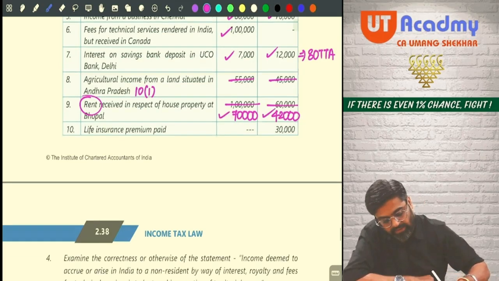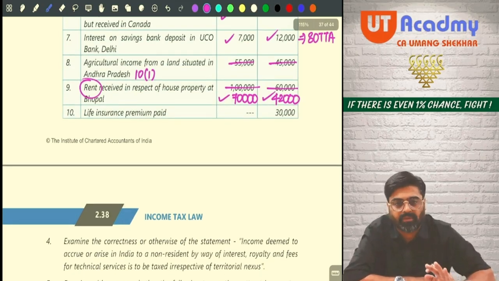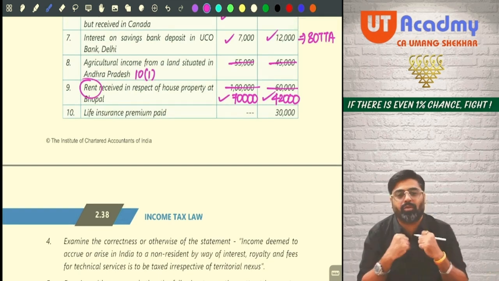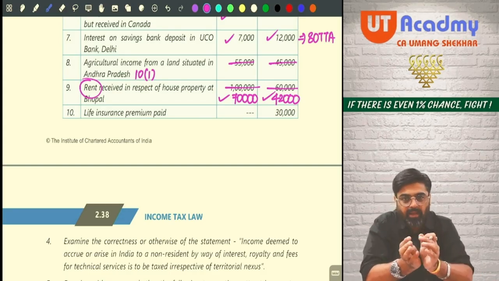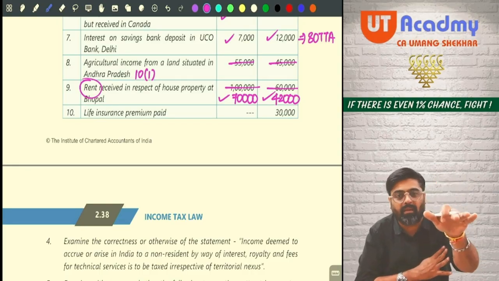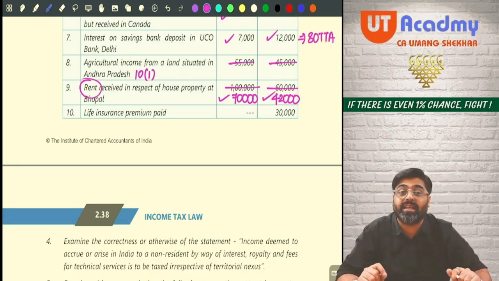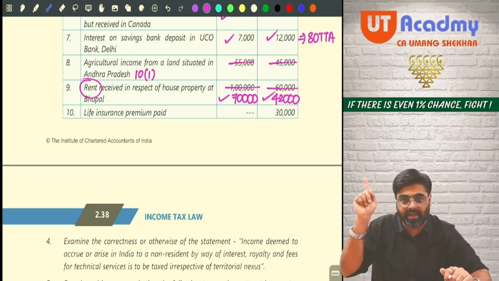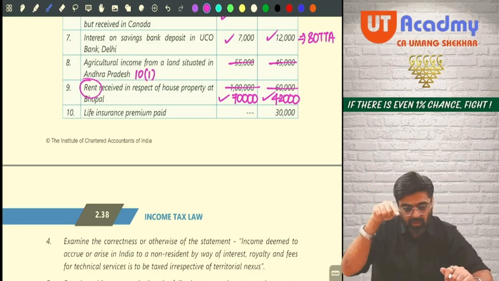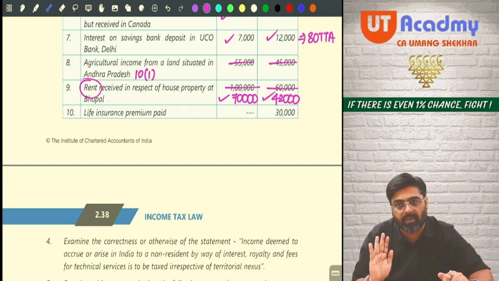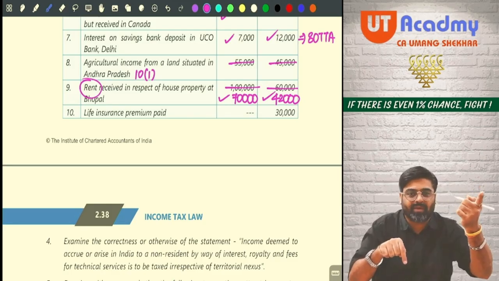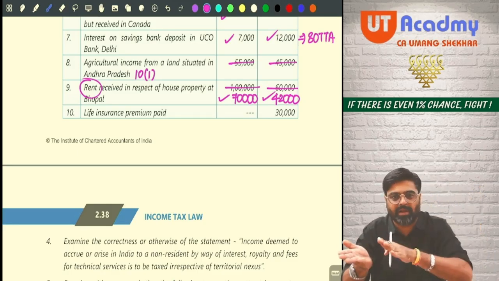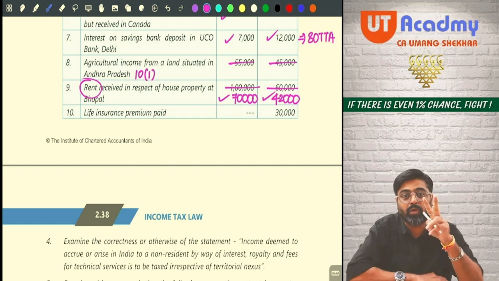Yes or no? Next one, life insurance premium. See what happens now. Whenever you pay a life insurance premium, that is not something coming to you. This is your expense. So for the premium you pay, you usually get a deduction under section 80C. Under that 80C, you are going to get the deduction for this life insurance premium paid. But you will claim that 80C deduction after calculating your GTI. So first calculate your GTI. From that GTI, now you will get two deductions.